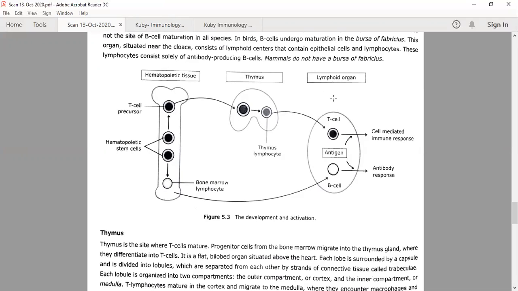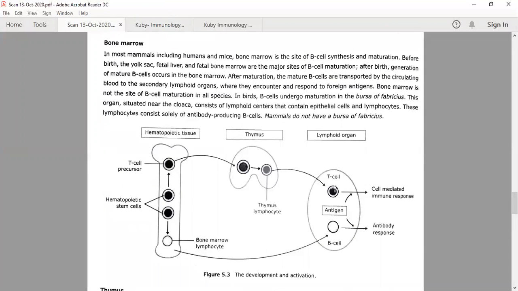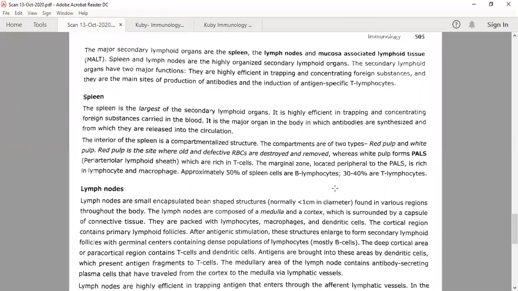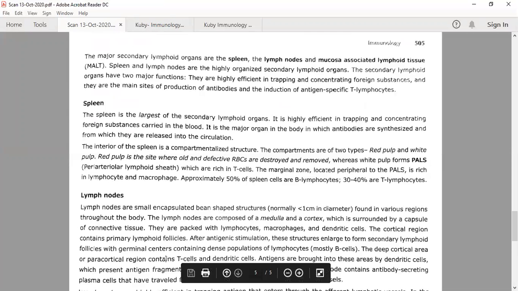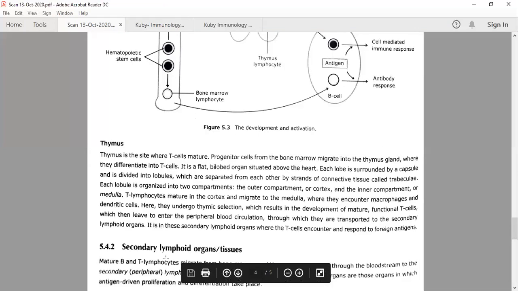Whereas the other tissues, for example spleen, lymph nodes, MALT meaning mucosa associated lymphoid tissue, or gut associated lymphoid tissue, all these are peripheral lymphoid organs. So they are secondary or peripheral lymphoid organs. The secondary lymphoid organs we have already covered: lymph nodes. In today's class, we are going to cover the spleen, which is a very organized secondary lymphoid organ or structure, you can call it.